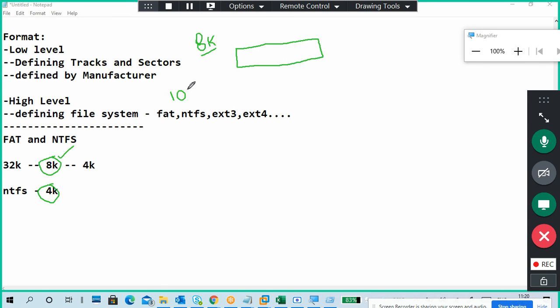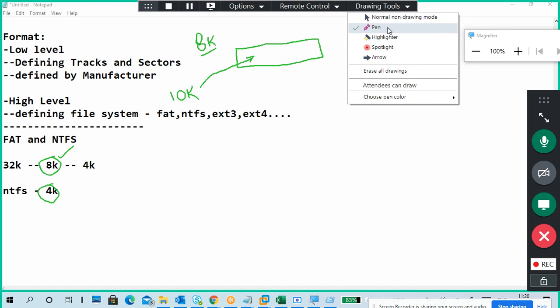I have a file. The file size is 10K. The unit size is 8K. Can I put 10K data in 8K? No, it doesn't allow.